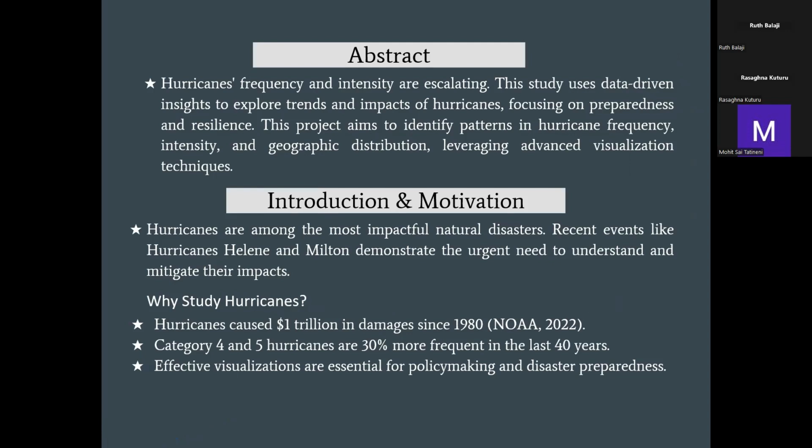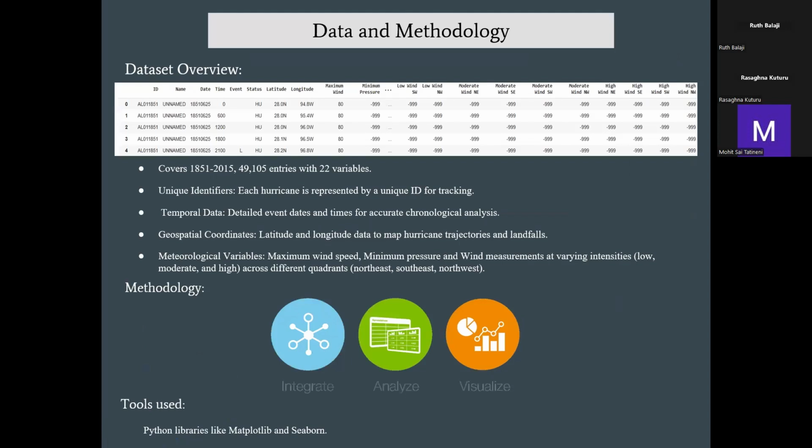advanced data visualization techniques. Coming to the abstract and motivation, our motivation stems from the devastating impact of hurricanes such as Helene and Milton. We aim to identify patterns in frequency, intensity, and geographic distribution of hurricanes to improve preparedness and resilience strategies. Coming to the dataset and methodology, the dataset spans from 1851 to 2015, comprising over 49,000 entries